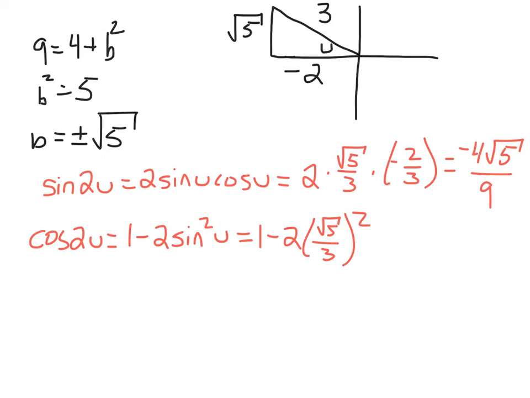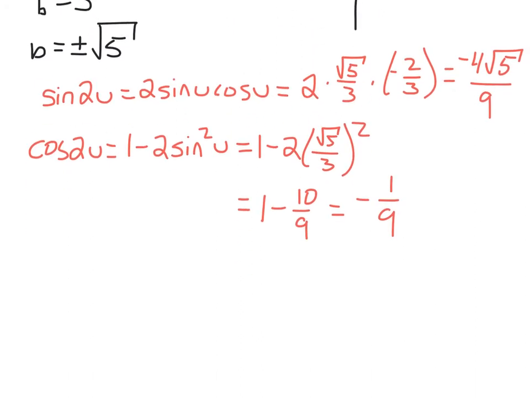And so then we would get 1 minus 10 over 9 when you finish all that out, and so then you would get negative 1/9. And finally, the tangent of 2u